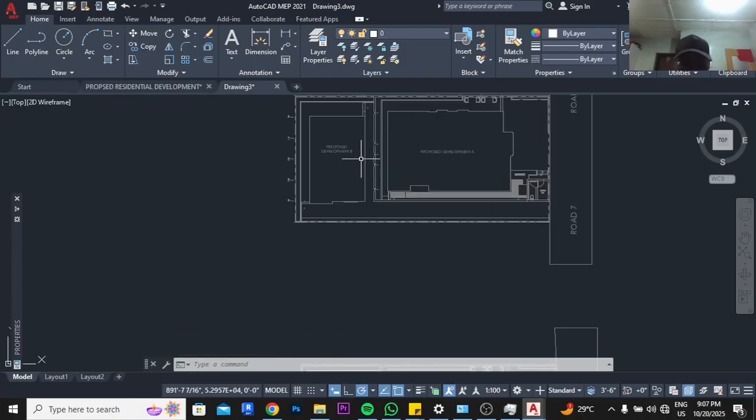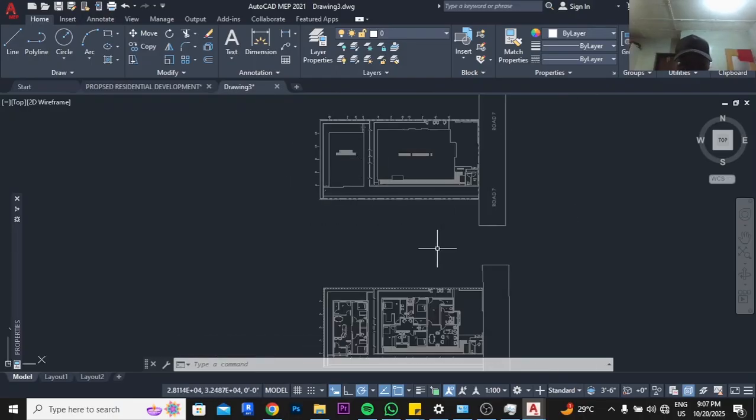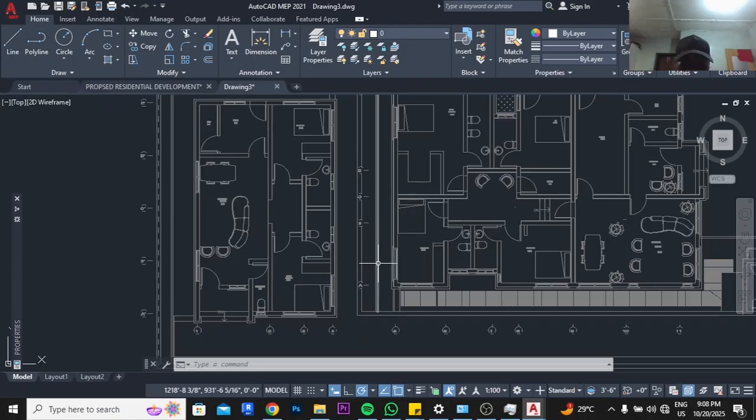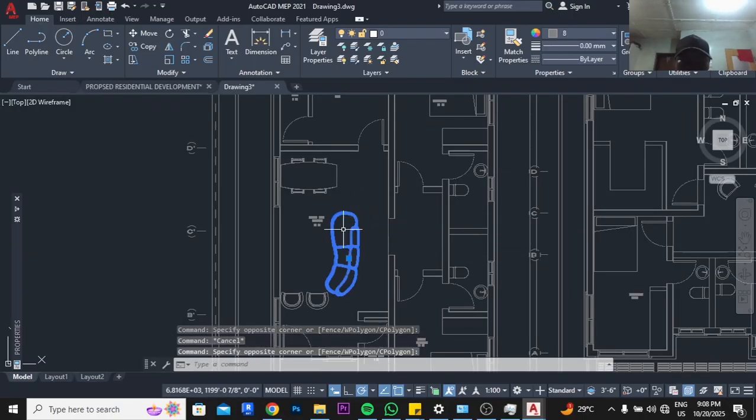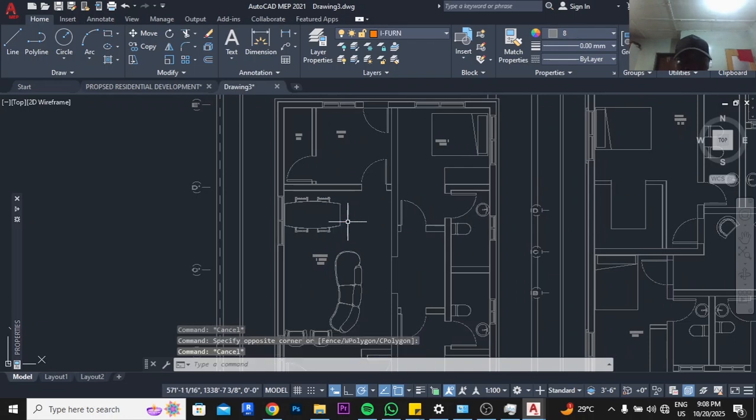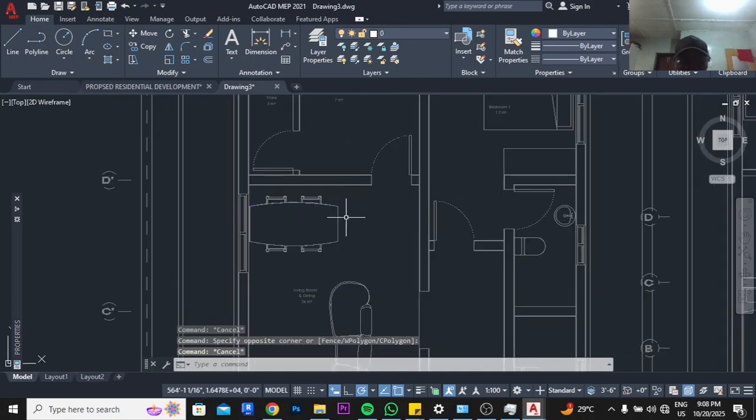So I've been able to create this Xref for this project. Then from there I can now start doing my electrical design or mechanical design. So one last thing I want us to check is, if you look at this now,